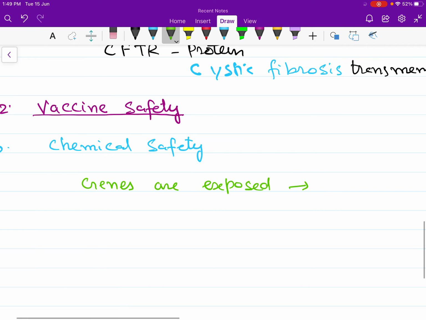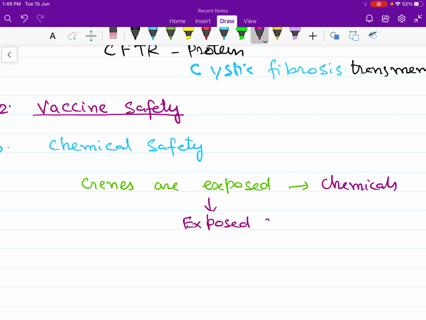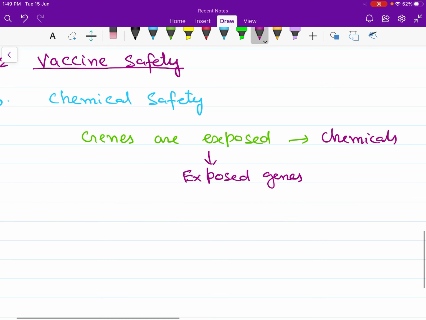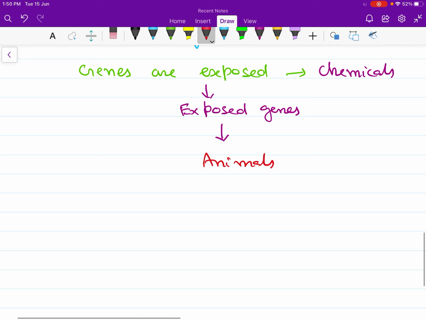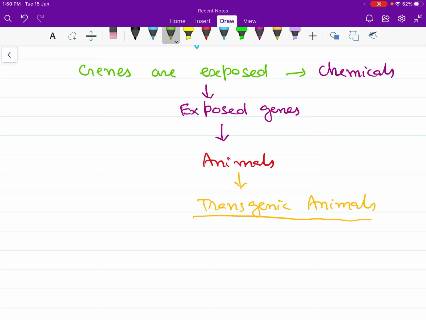Genes are exposed to the chemicals, and then the exposed genes are transferred into the animals, which will now be a transgenic animal. So now it will become a transgenic animal, and then this transgenic animal is studied